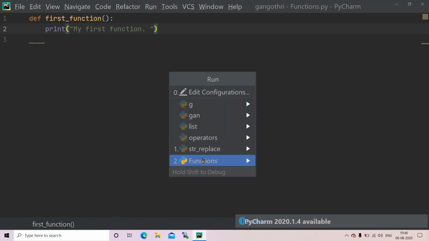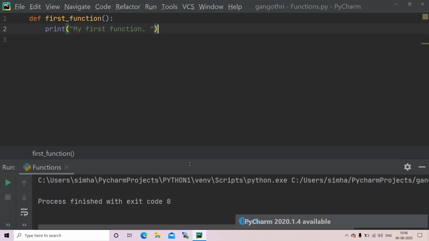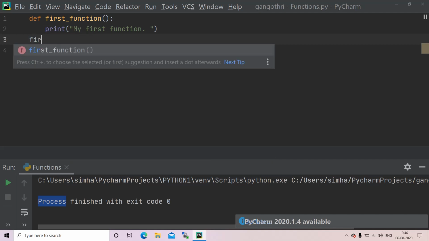Just a minute, it's taking some time. Yeah, our function has been created, but no output has been given, right? So I have told you before, you have to call the function to get the output. So I'll call my function. This is called the calling statement of the function.